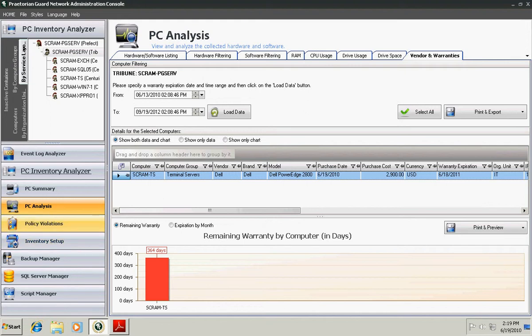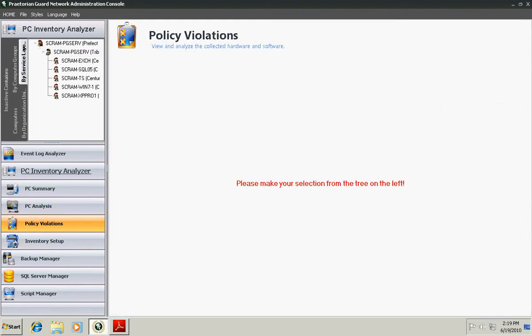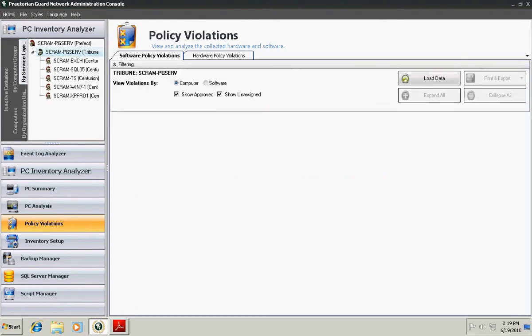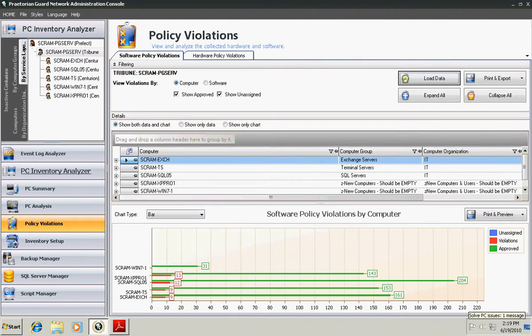Next is policy violations. Policy violations allow you to see the computers that have violated your company's policies. So if we hit the high-level tree here so we can get all the computers, and we choose to do it by computer, we want to show all approved and unassigned. When we click load data, it will populate and show us all the computers, the ones that have approved and unapproved